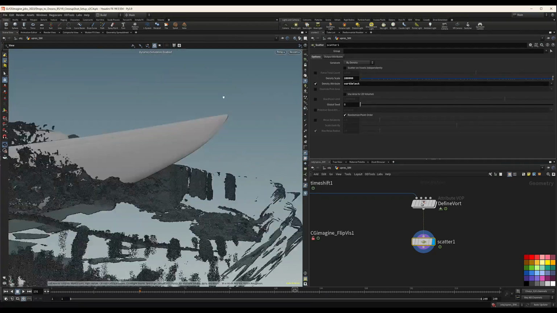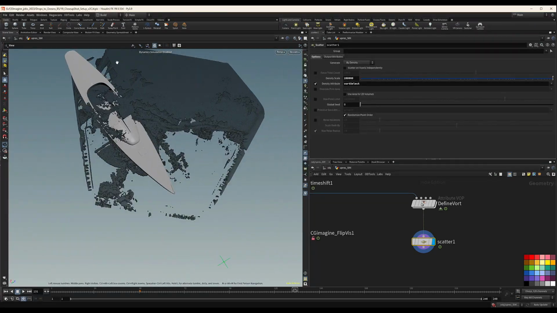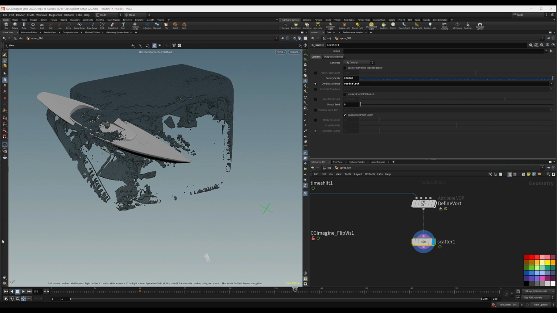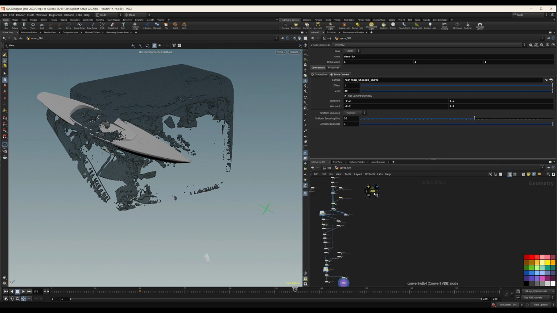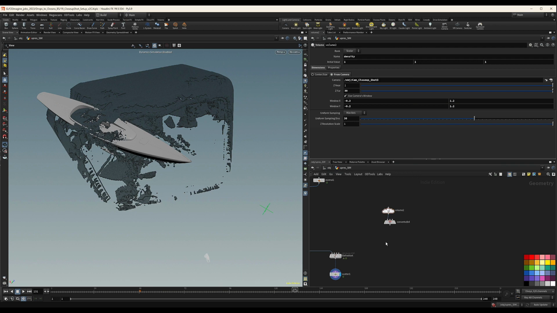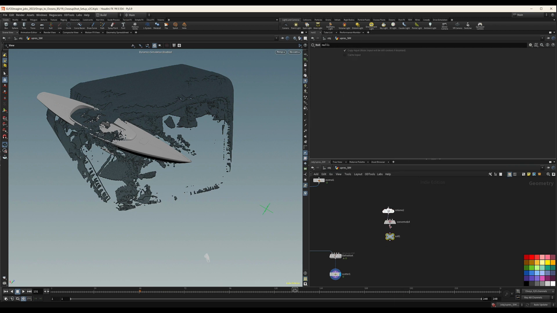We have a very dense area, but remember that now you have a lot of points, and we're going to delete all this, so we're going to use the camera for that. But instead of using the same camera that we have here, we're going to do a little bit different this time, because we don't need all this range. We're going to reduce that range, and I'm going to place this here because we're going to use it more times. I'm going to just do an output here. I'm going to just place a null and call this guy out